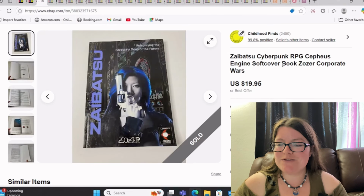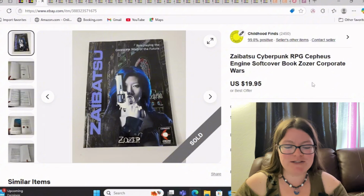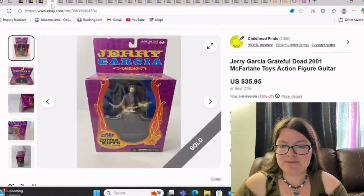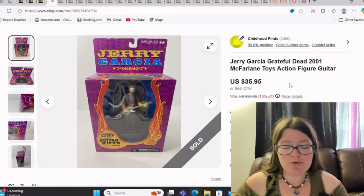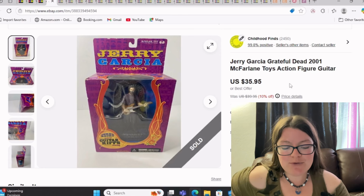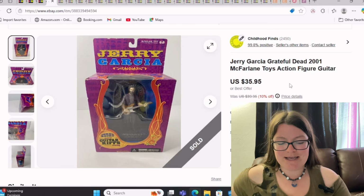This is Zaibatsu Cyberpunk RPG, and it sold for $19.95, and my profit was $9.39. Jerry Garcia, Grateful Dead 2001 McFarlane Toys. This came from that action figure lot I got on Facebook Marketplace, and it sold for $34, and I made